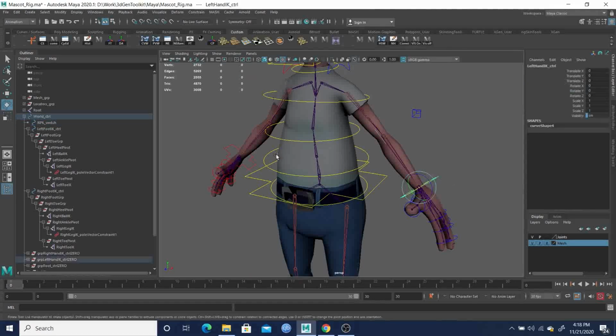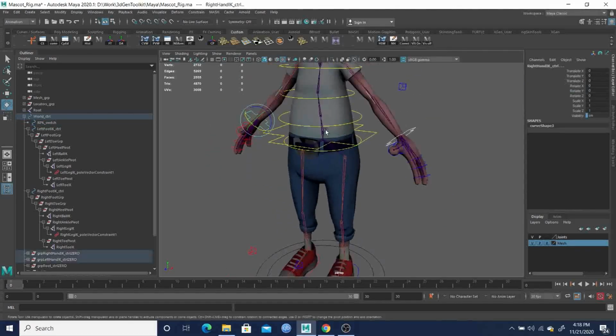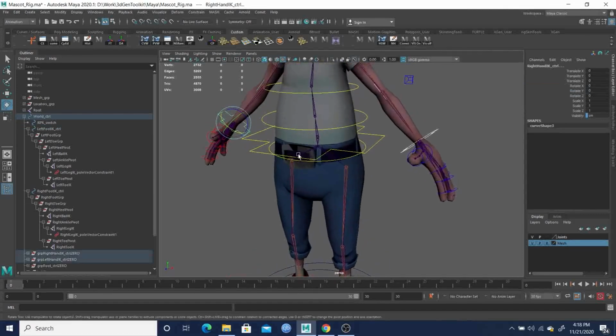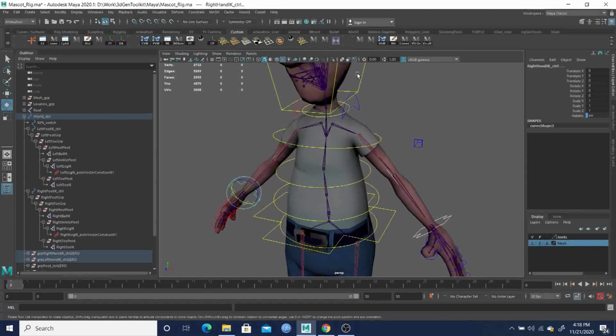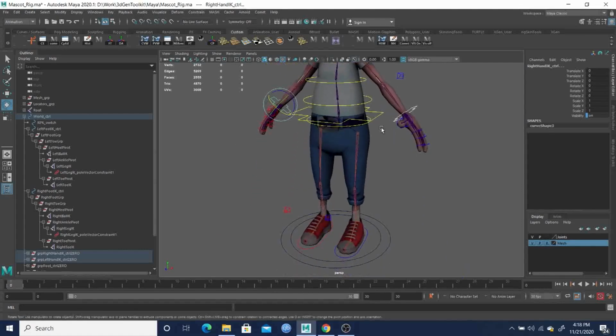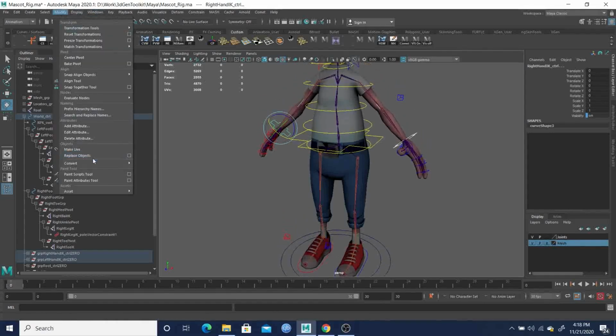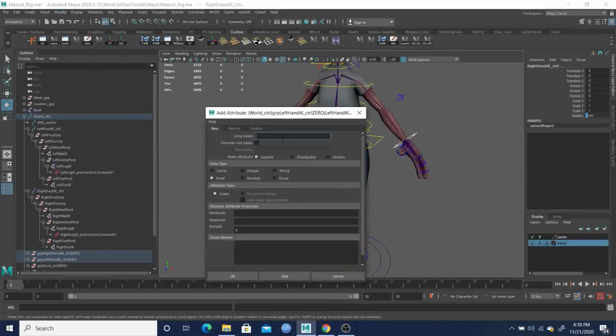And so with both IK controls on the arms selected, what I want to do is add a couple attributes. So I'm going to add a follow head control and also a follow root control as well. So what I want to do to add that is go to Modify, Add Attribute, and from here I will say follow